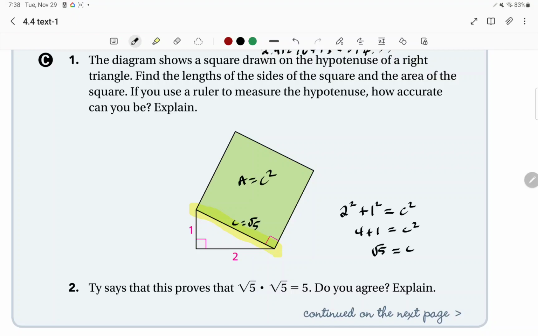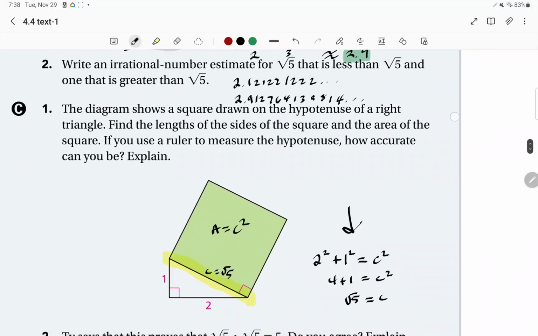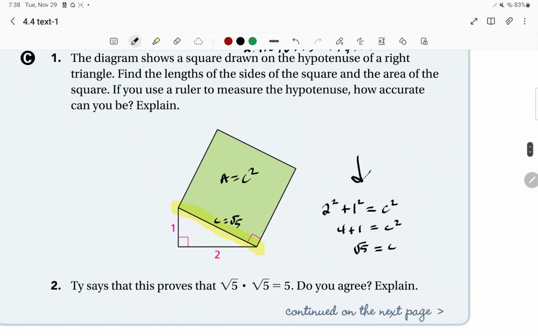Now, the hypotenuse, using the Pythagorean theorem right there, ends up being the square root of 5. That's the length of that hypotenuse. Remember, the square root of 5 is an irrational number. That decimal never stops, never repeats. So how accurate can you be when you're trying to measure an irrational number? You will not get very close. That's why it's always better to leave your answers as square roots, because that gives you the exact answer,